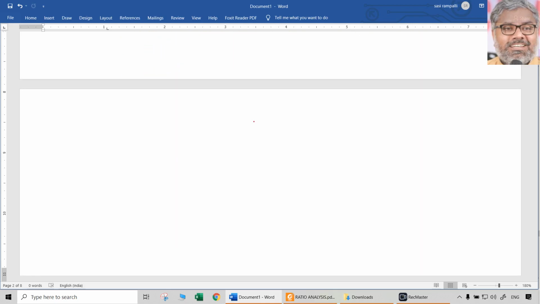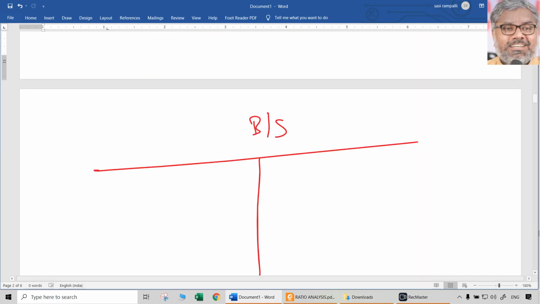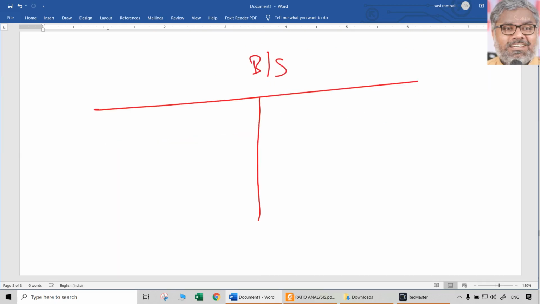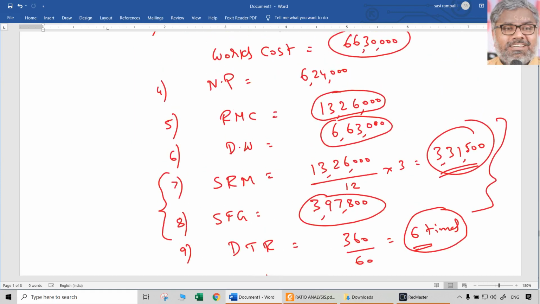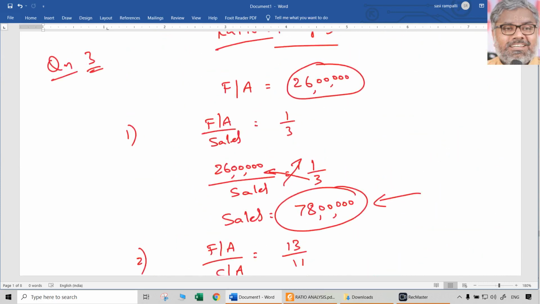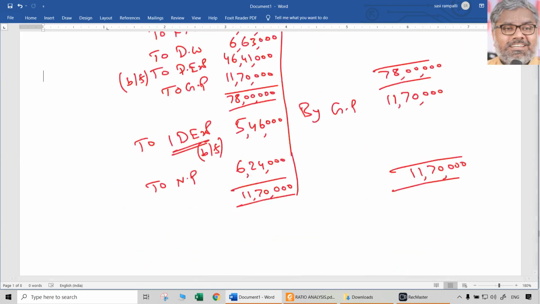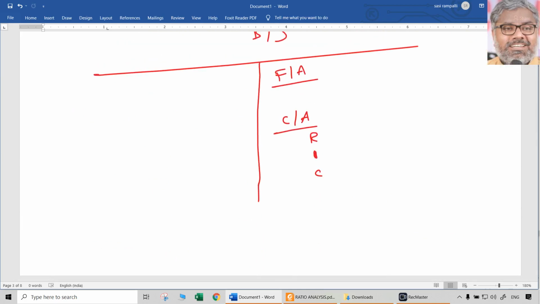Done. Now the summarized balance sheet. In the summarized balance sheet, we have fixed assets and current assets. Within that, we have receivables, inventories, cash. Inventories also, if you want to show raw materials and finished goods separately, you can show that. Otherwise, you can leave it, because anyway we calculated them already. We know that total already. What are the fixed assets that were given in the question itself? Actually, that was 26 lakhs. Start with that. 26 lakhs.